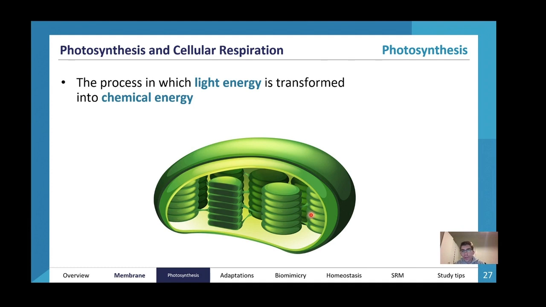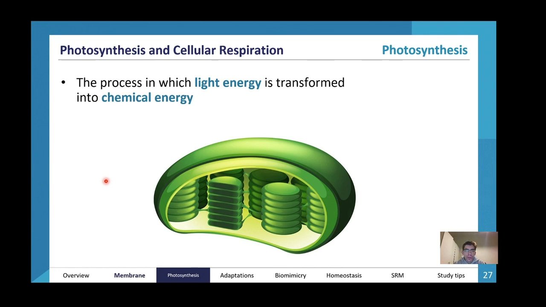The process in which light energy is transformed into chemical energy is essentially the definition of photosynthesis, right? In photosynthesis, you synthesize energy by utilizing light energy, so you convert light energy into chemical energy. But how do plants do this? Because this is a process that primarily occurs in plants. It's phenomenal. They do this through